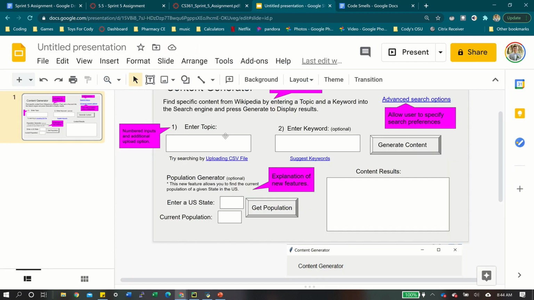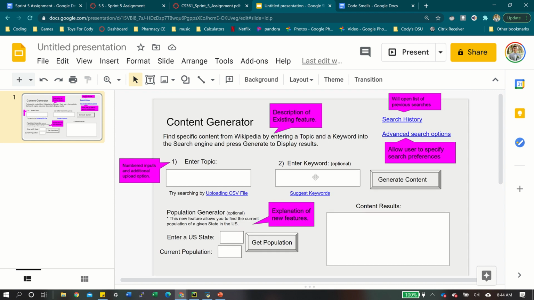I'd say so, just because it has these different ways that you can enter the keywords, and different blue highlighted buttons that you can click that encourage users to try different things out if they're interested. But just the nature of this function, where you type something in, push a button, and something comes up pretty quickly,